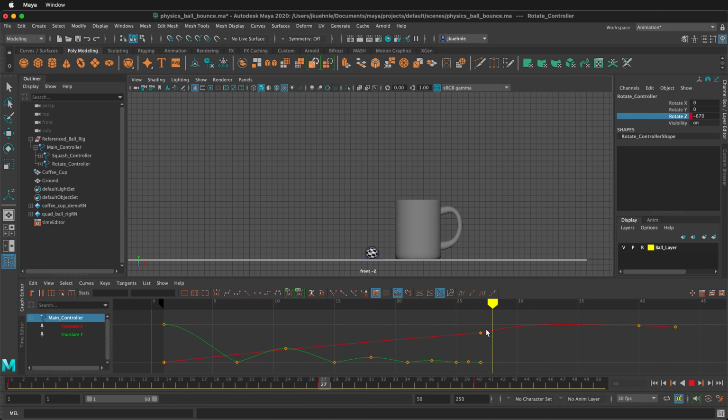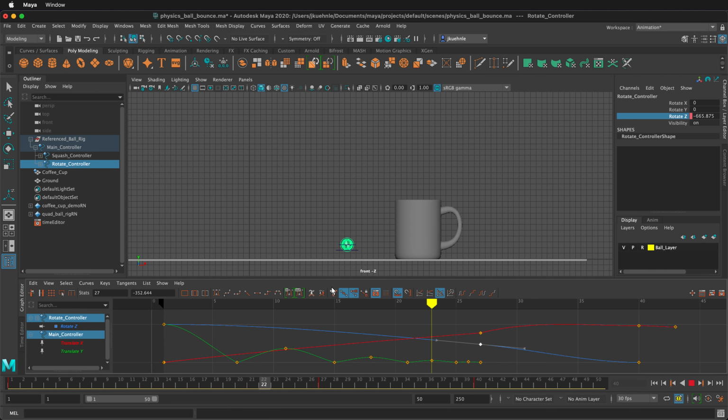So what we need to do is change this curve. If I select the rotate controller, I can break this tangent and then I can have it really taper off towards the end. Maybe that's a little too much. And then the same thing here. I want to select this controller, break the tangent,